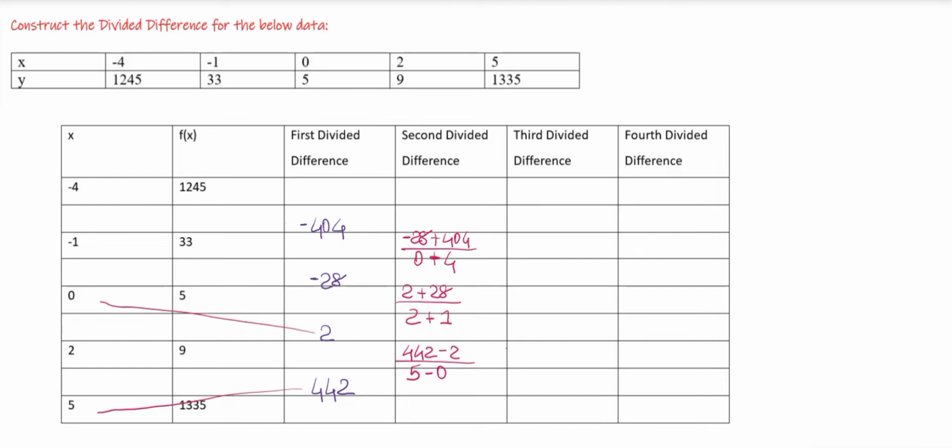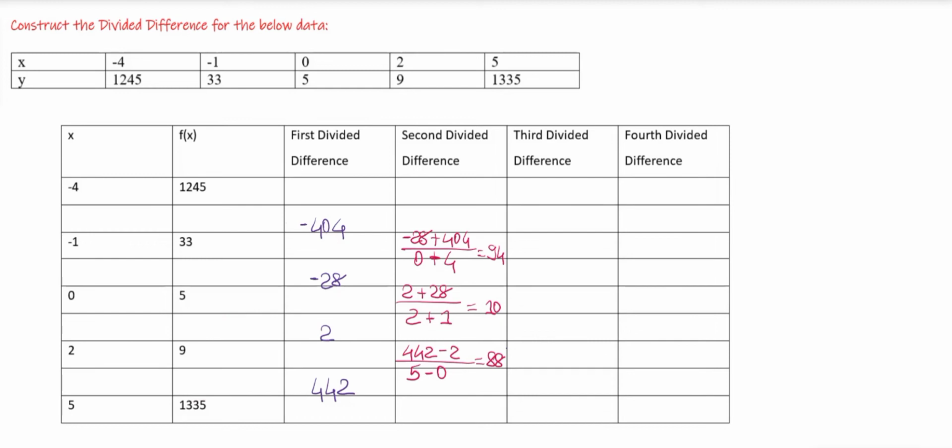So it will be 442 minus 2 upon 5 minus 0. Again I'll just write all of these values, which comes out to be 94, 10 and 88. Now for the third divided difference,